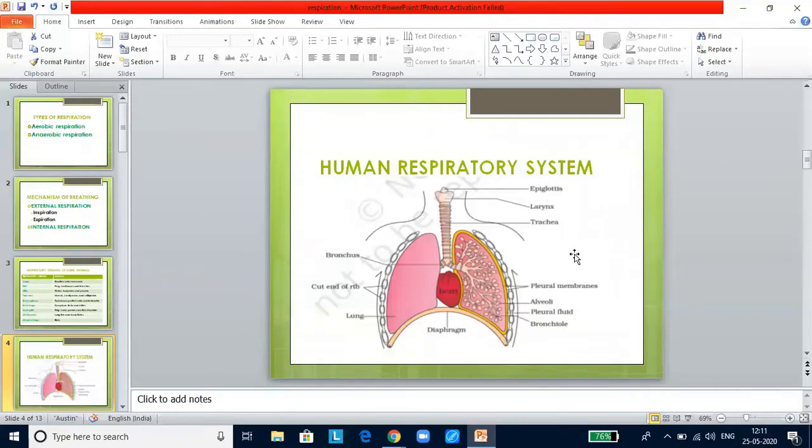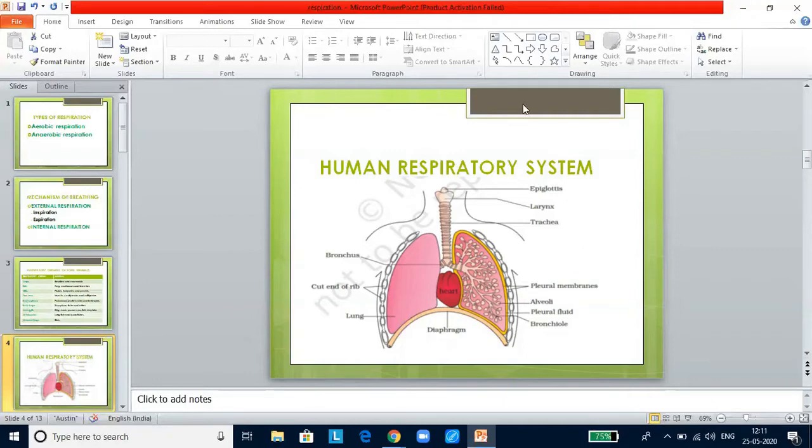Alveoli. Alveoli are the ultimate structural and physiological units of the lung. These provide a great surface area for gaseous exchange by diffusion. Gaseous exchange occurs across the respiratory membrane of the alveoli. Bronchioles: the tertiary bronchi subdivide into smaller branches, and these branches are called the bronchioles. After repeated branching, one of the smaller bronchioles enters a lung lobule and is called the lobular bronchiole.